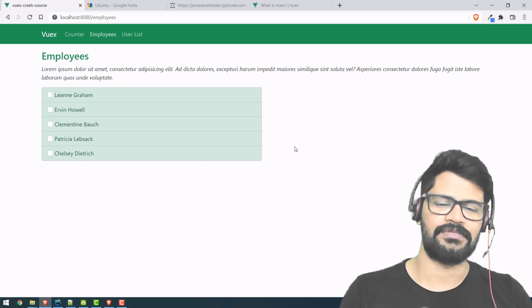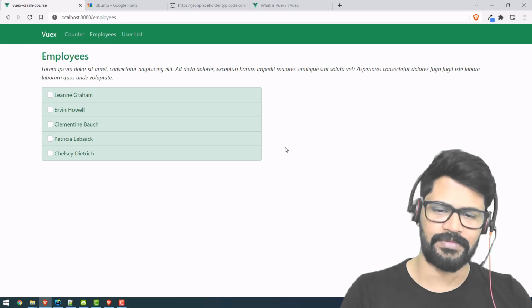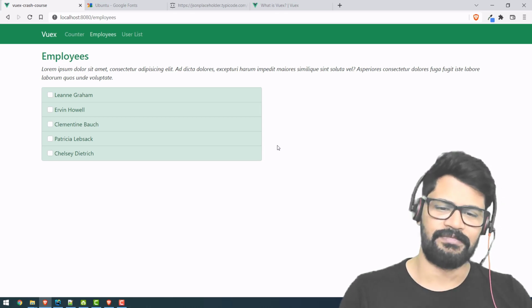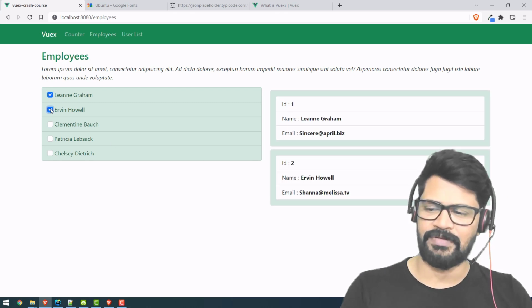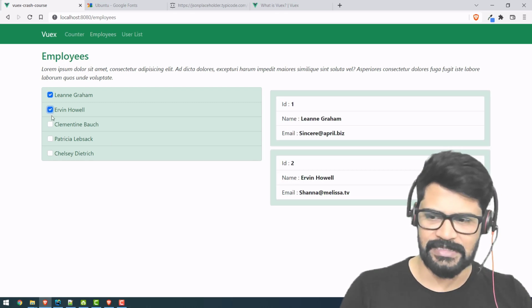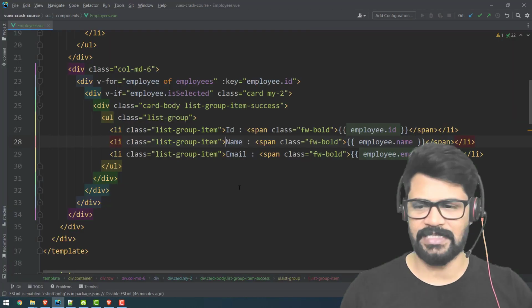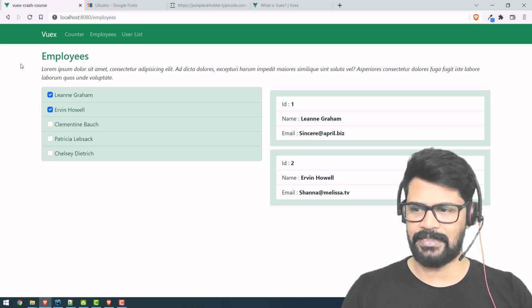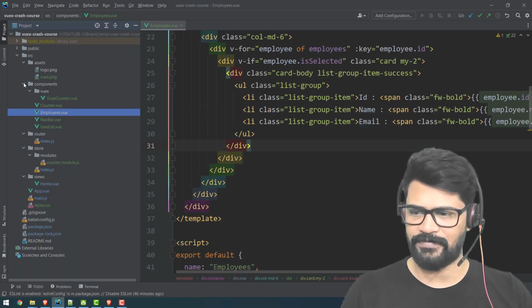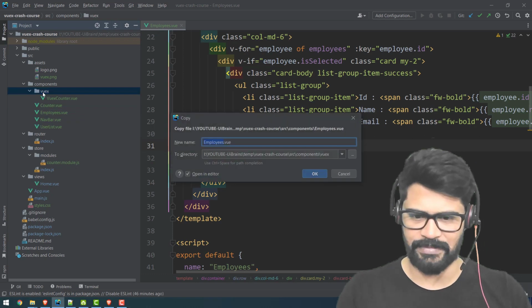Okay, but I have to preserve the state data which you have selected. So for that we must move on to Vuex. So let's convert this example with Vuex. I don't want to touch this component, so I'll make a copy of the same component in the Vuex folder. So let's copy employees, and in the Vuex folder I'll paste it as